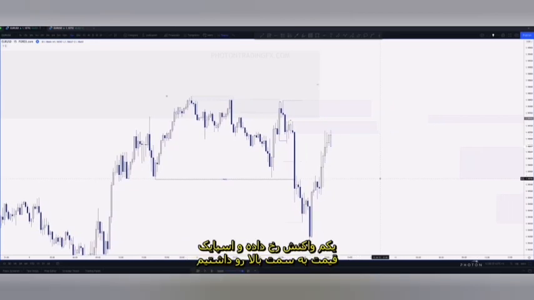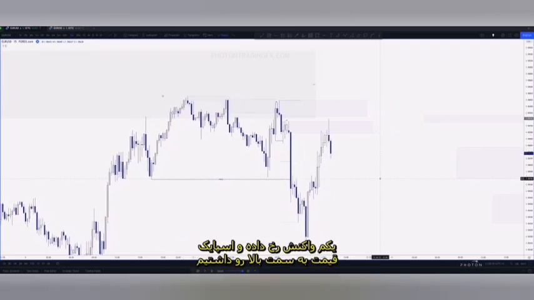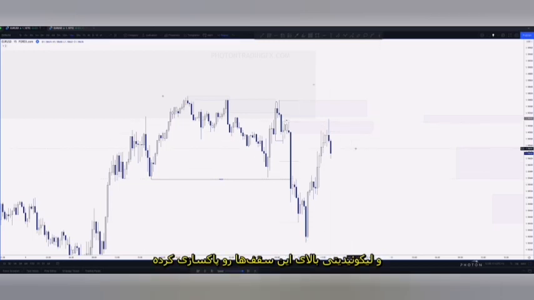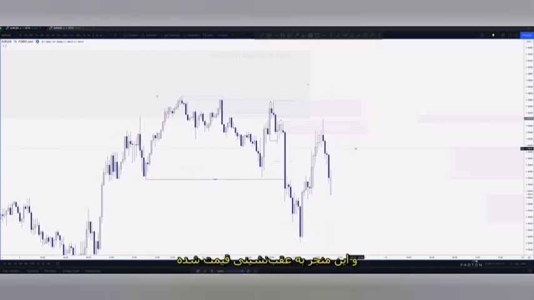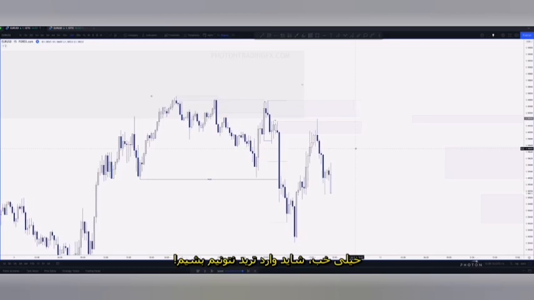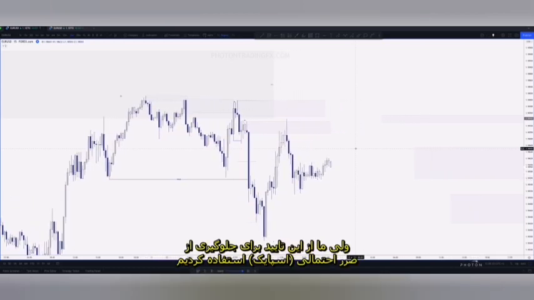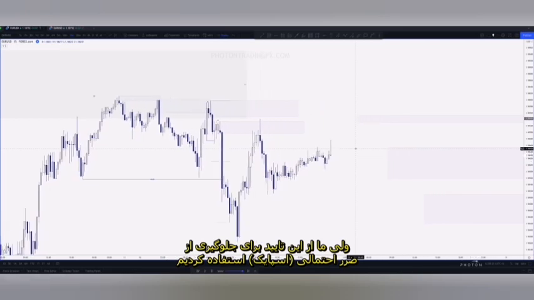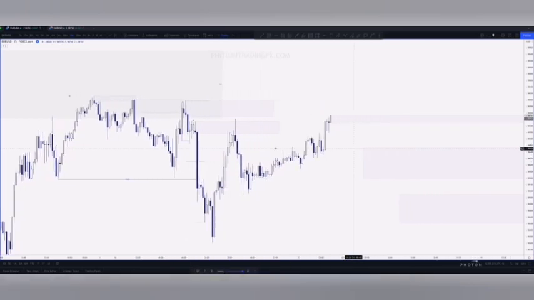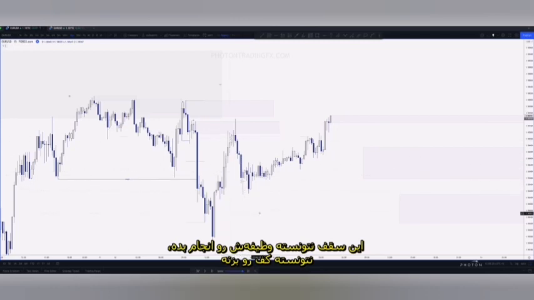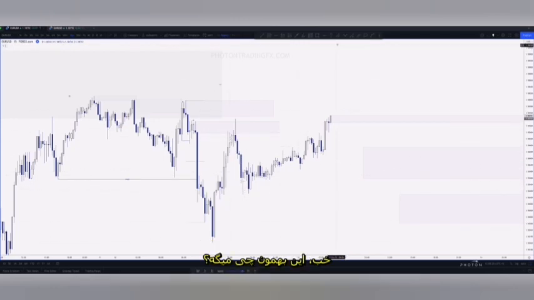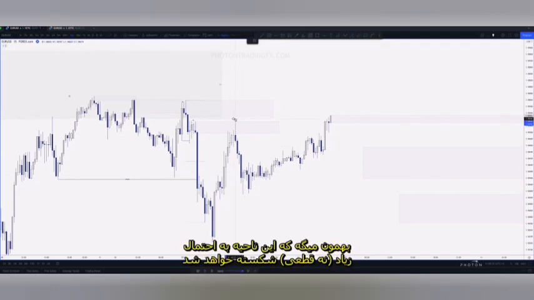So let's see, we start to get a bit of a reaction and then price spikes up and it sweeps that liquidity above those highs there. And then that leads to the retrace. So, okay, we might not get tagged in, but at least we used that confluence to potentially avoid a loss of us getting spiked out. Price still hasn't come up lower, right? This high here has failed to do what? It's failed to do its job. It's failed to take out that low. So what does that tell us? That tells us that this zone here